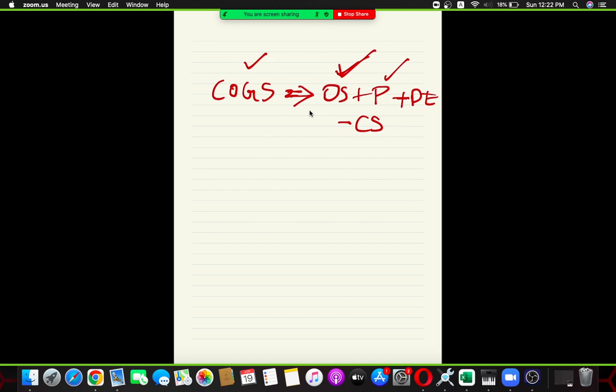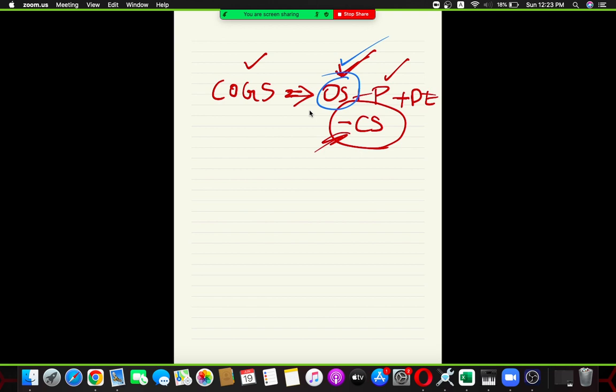Minus closing stock. Why am I specifying closing stock as subtraction? Why am I not adding it? The reason behind that is, people, the previous year's closing stock, what did you do? You bought it in the previous year, but